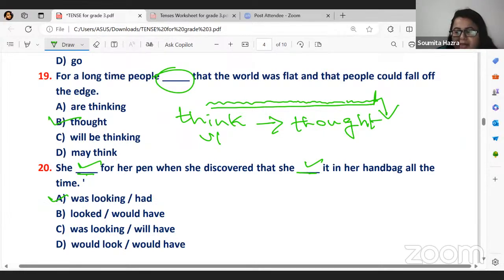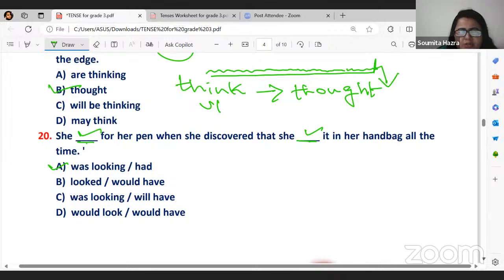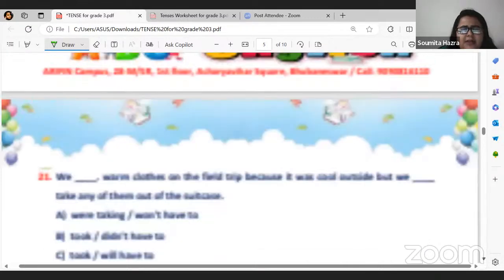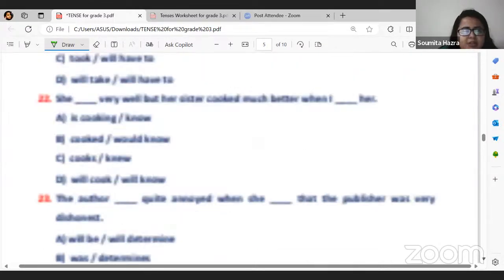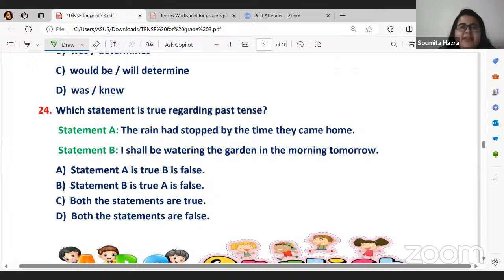Okay, fine, good. So I'm not doing 23, 24, 25 because they are the same kinds of questions. Let's go for question number 24. I have skipped 3 questions because they are the same kinds of questions that you were doing for the past 10 to 15 minutes.